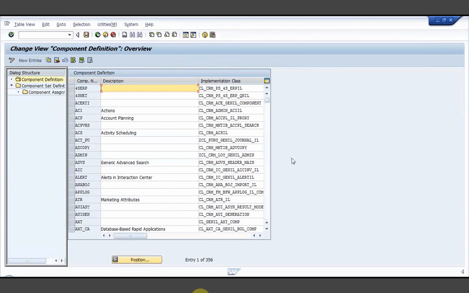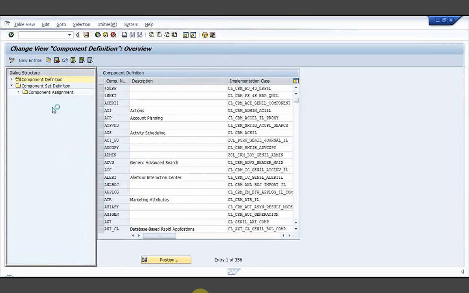Right. Now here you see the component definition. Okay. Here in a dialog structure we have component definition, component set definition, and component assignments.